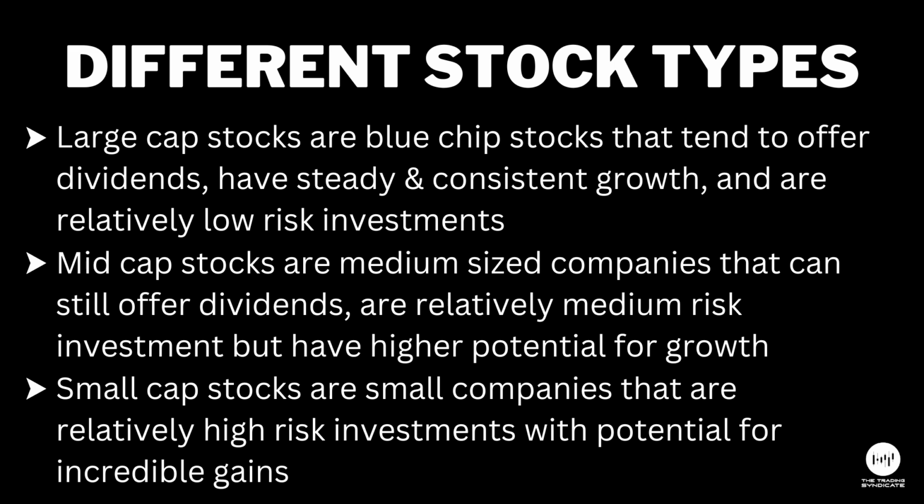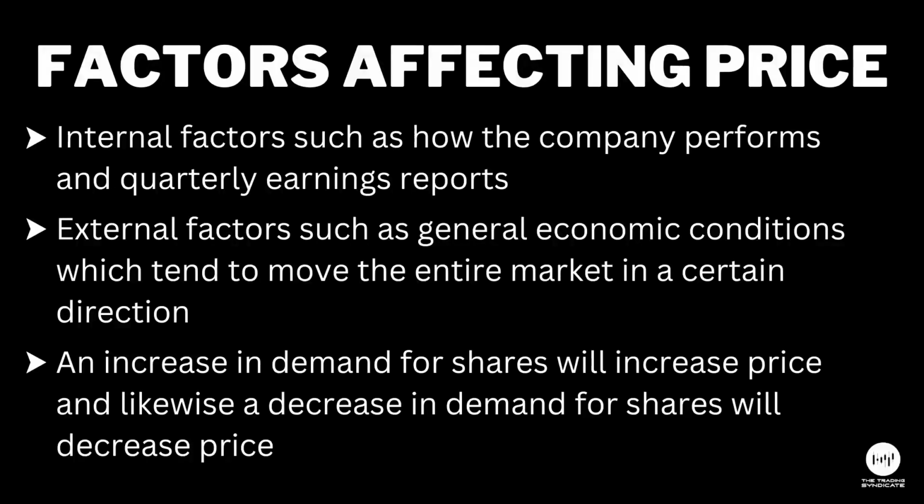So, what factors affect the price of an equity? You have internal factors, such as reports on how the company is doing. Each company releases an earnings report every quarter, and if those earnings are considered good by investors, the price of the stock may go up, and vice versa. If a company posts earnings that are considered poor by investors, then the price of the stock may decrease in value. There are also external factors, such as general economic conditions. If economic conditions across the market are good, then individual stocks will also tend to be doing well.